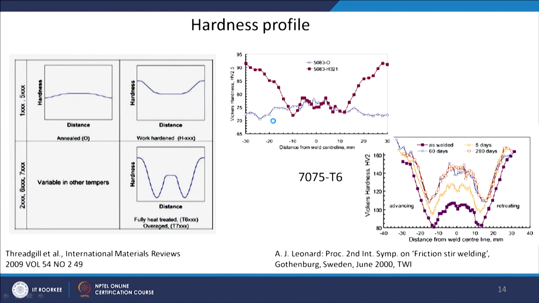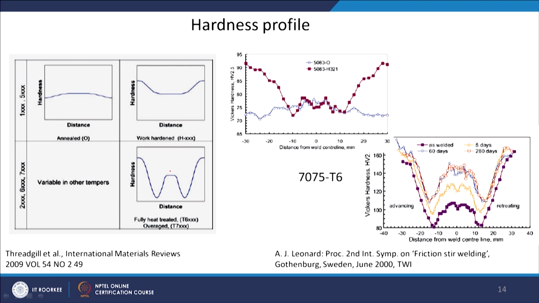Okay. Now, what is the effect of this on the mechanical property, for example hardness? Okay. So, if you see in this schematic, there are 3 conditions shown. Okay. For aluminum alloy, basically you have annealed condition. Okay. And in aluminum alloy there are 2 different sets of alloys, one which are precipitation hardened and another which are non precipitation hardenable. Okay. So, in those materials you can have work hardening.